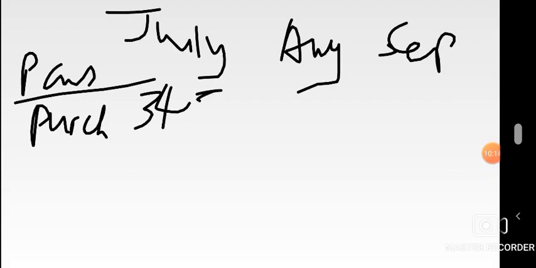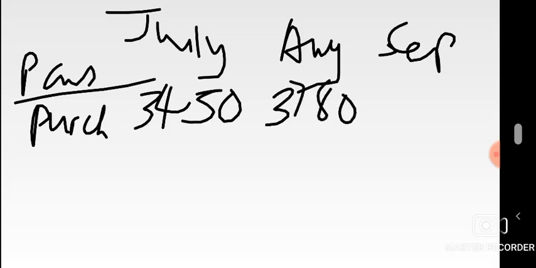3,450. Please take note of this. It's always the payment is after the month of purchase. So that's how you understand it. Therefore, even July purchases of 3,780 will be shown in August. August purchases will be shown in September, which is 2,890. So let's get that part right. One month after purchase, that was shown after. So that's how you represent that information, and you can go to the next details.